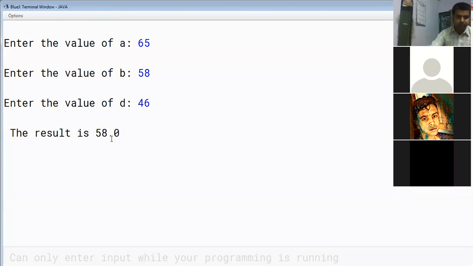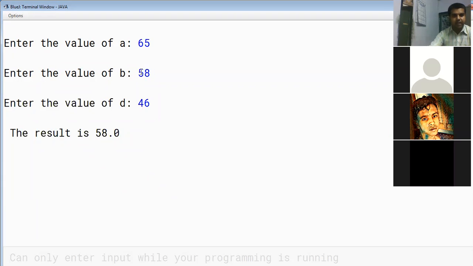How is it 58? If we do the dry run, in the first step we have Math.min(A, B). From A and B, whatever is the minimum value, that is 58 or 58.0. So the first output is 58.0, obtained from Math.min(A, B).